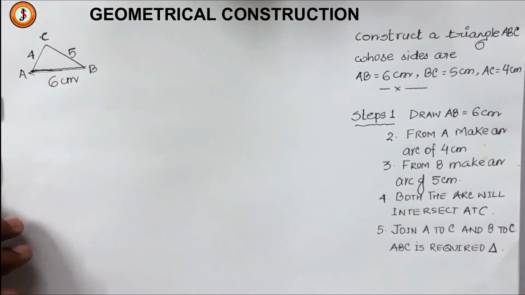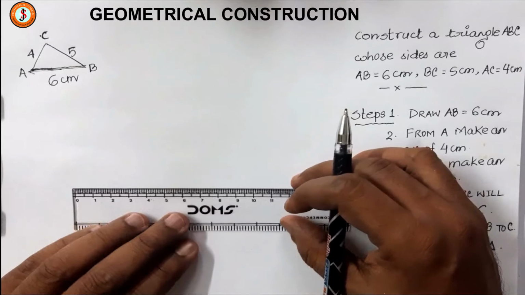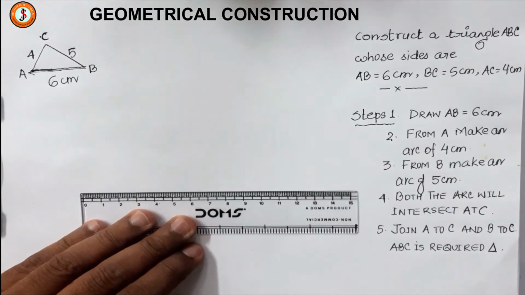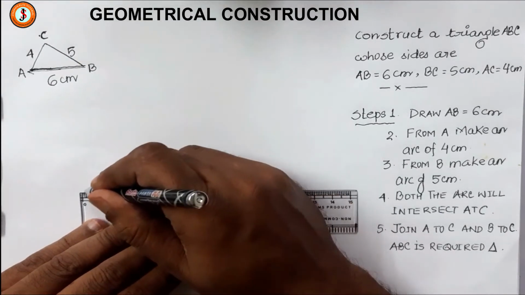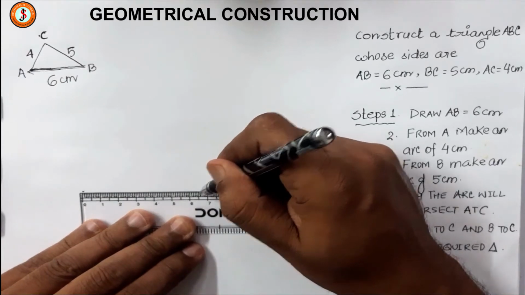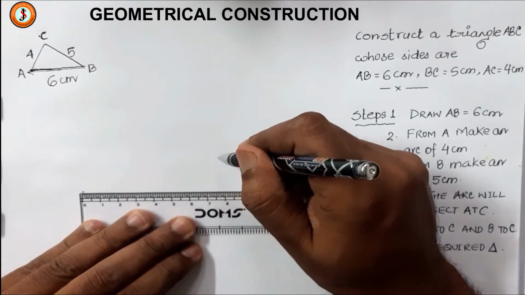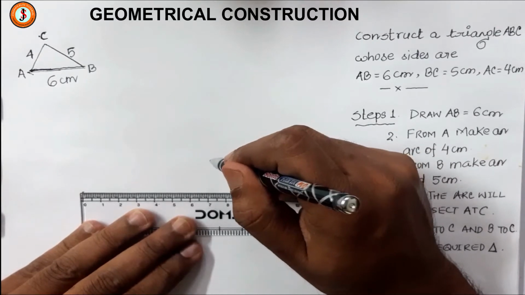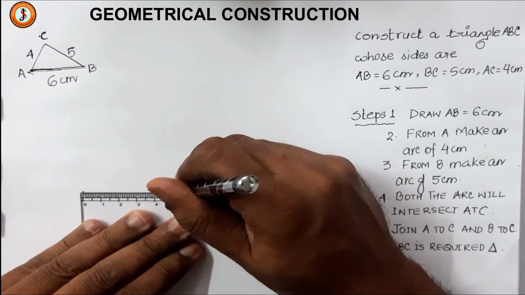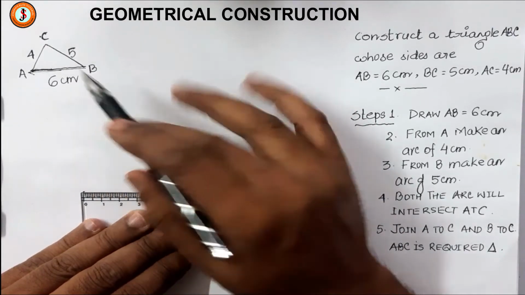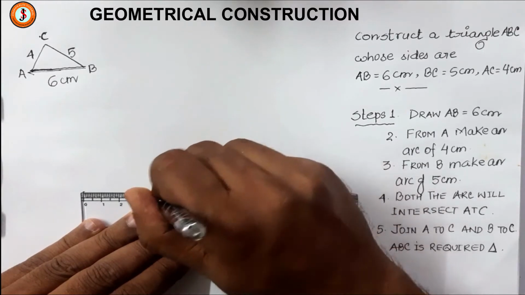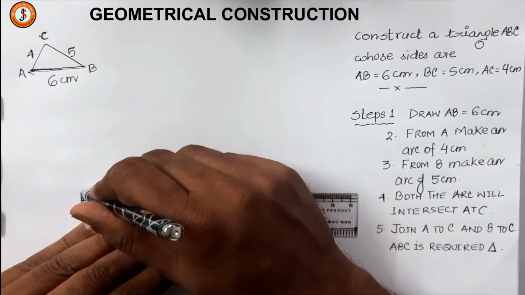So what I do, I take a scale, and normally my process is that I will make the line. I am using a pen now, you all will use the pencil. So 0 to 6 should be the base, isn't it? Then I'll put a few dots, because I need these two lengths later, 5 and 4. I will take 5 here and 4 here and keep it for my purpose, but then I will join these.